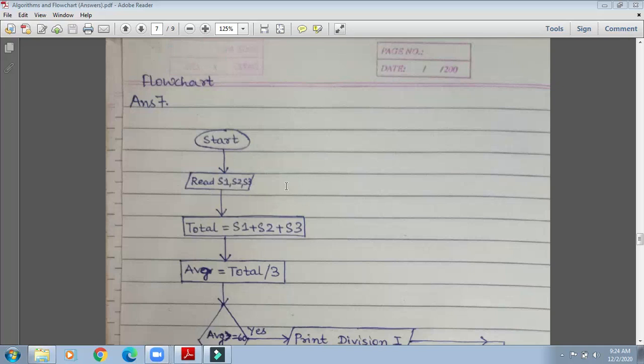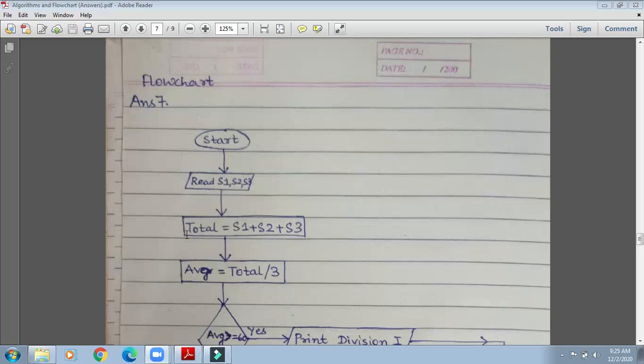So I can write an annotation: S1, S2, S3 are variables for the three subjects. To make people understand better, we usually go for a comment. So this one is for comment or annotation. It is also given in the book.